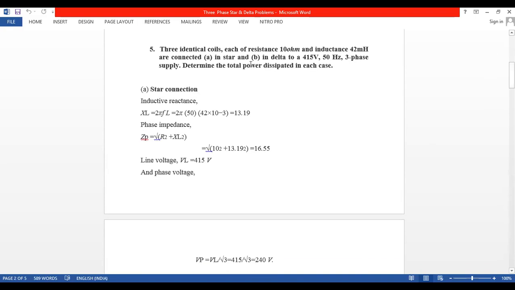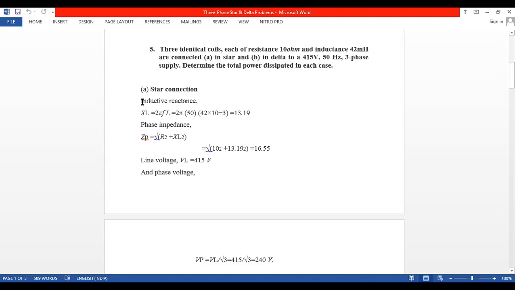Now you see, three coils. Three coils means three inductors. Okay, three elements, three loads we can say. They contain resistance and inductance. In all the smartphones, televisions, everywhere we use the inductor. Inductance, how much? 42. So can I write inductance directly in my problem? Inductance is denoted by L. No, we have to convert this inductance into reactance.